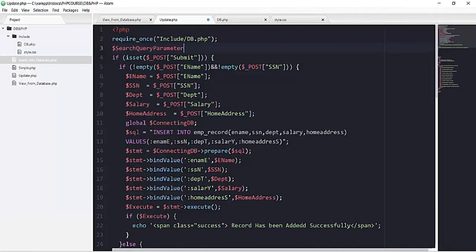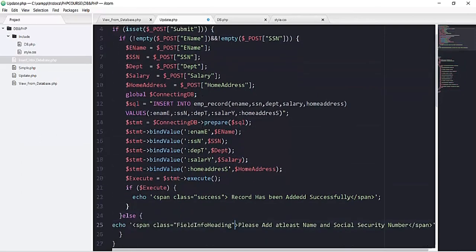So I'm making it easy for you. So we can get this search query parameter by using the super global of get, and its name is id. So we got it.